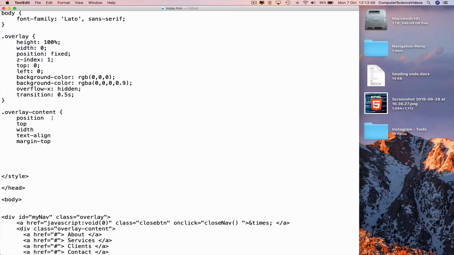Go back to position, semicolon, highlight, Command C to copy, paste at the end of each word. Position needs to be relative, semicolon, top, 25%, semicolon, the width can be 100%, semicolon, text align, center,